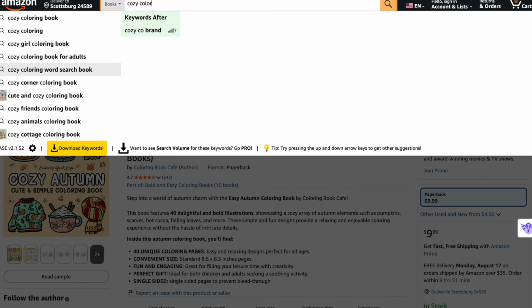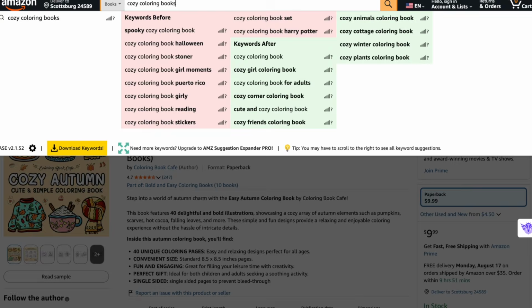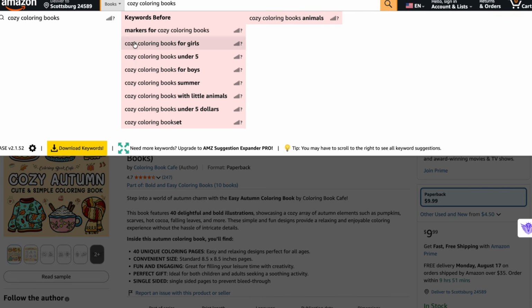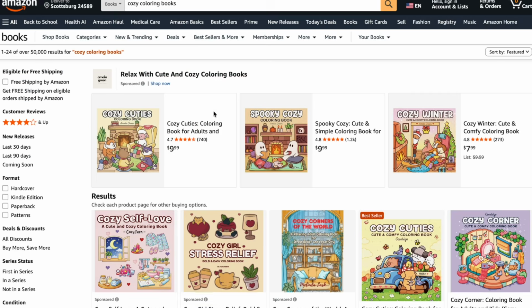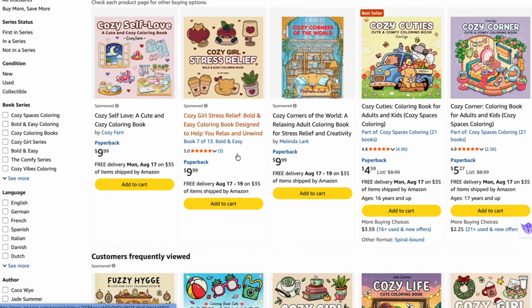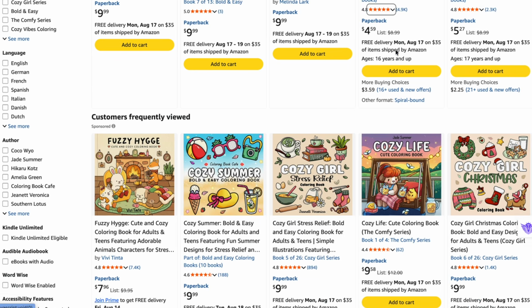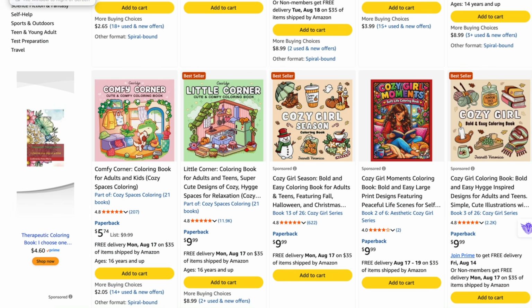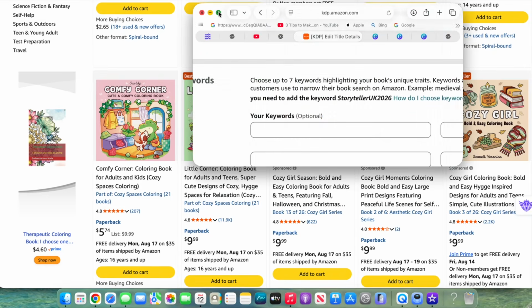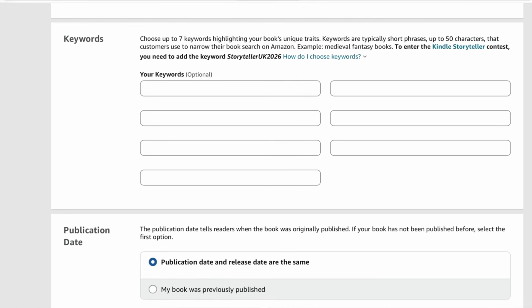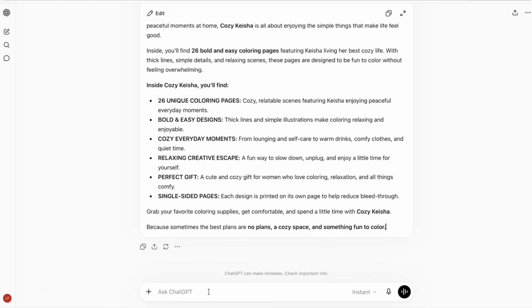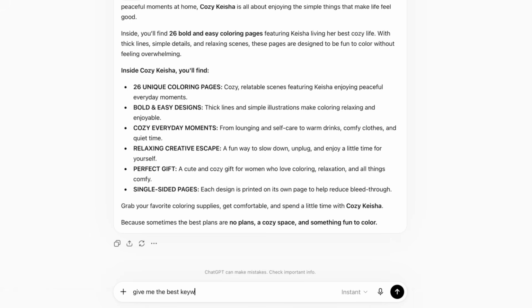So let's see what other options we get. Cozy coloring book for girls. And then if we look at some of the subtitles, see some of the keywords in that. So Amazon allows you to put in single words or phrases. So looking at books in your niche on Amazon is one way of finding keywords, but there's also a simpler way. If we come back to ChatGPT and say something like, give me the best keywords and phrases